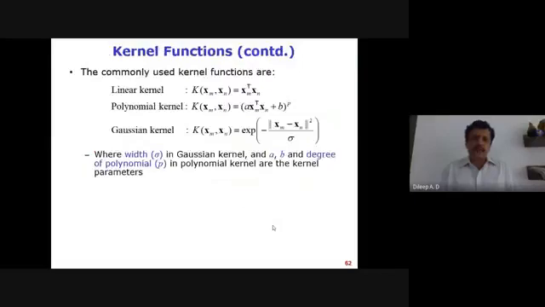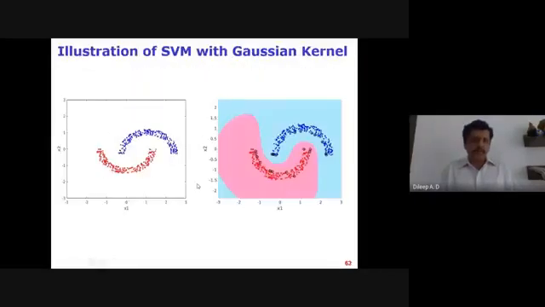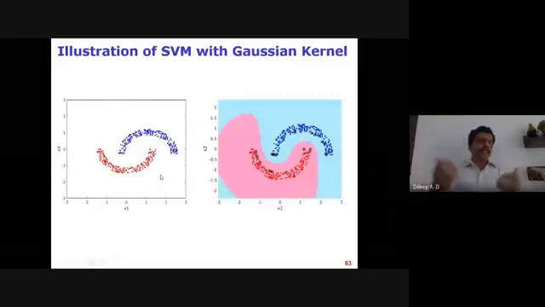Just to give an illustration for you. If you look into the data of the two classes here, the region of separation between them is a nonlinear surface. Now, when I use the Gaussian kernel and apply the support vector machine to these highly nonlinearly separable classes, in the transformed space it tries to build a linear separating hyperplane. But when seen in the input space, it is equivalent to a nonlinear boundary; implicitly it is learning the nonlinear boundary.